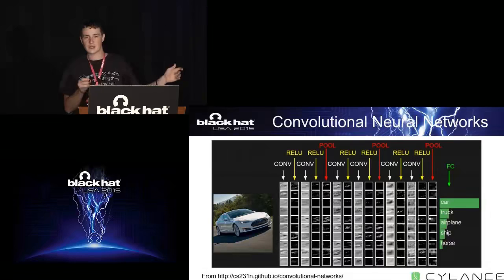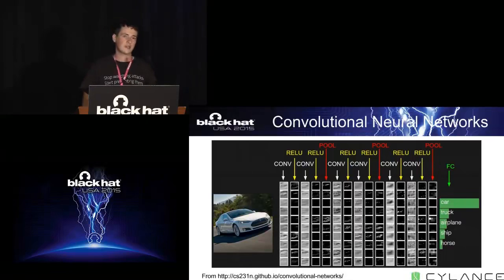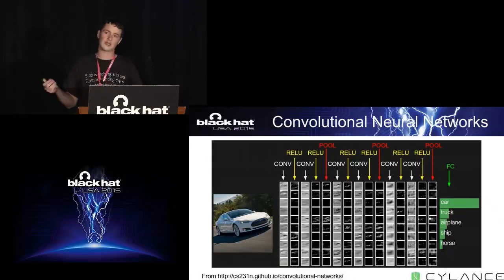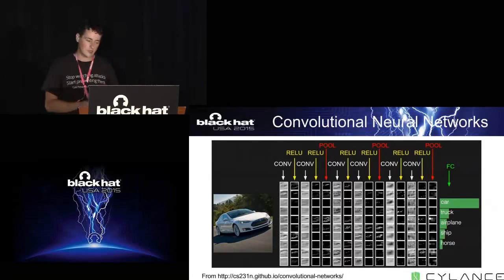When we do this a few times, then we have something called a pooling layer. The objective of the pooling layer is to look at a whole bunch of, let's say, 2 by 2 neighborhoods of pixels and do something like take the maximum pixel for all of them. In that case, you can turn a 64 by 64 image into a 32 by 32 image. That has the effect of reducing the dimensionality without, hopefully, throwing away too much interesting data. And you do this again and again until you get to the output layer. Then if the convolution filters have been learned well, and the fully connected layer has been learned well, it can tell you the difference between cars and trucks and airplanes and ships and horses.